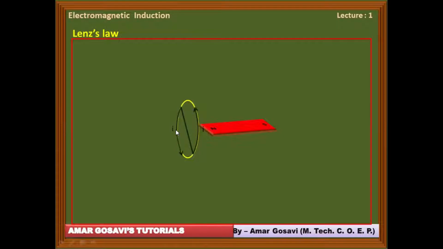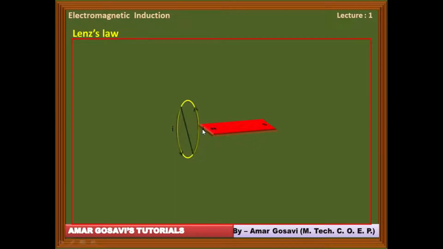The moment it becomes a current carrying coil, it has its own magnetic field. So that magnetic field and the magnetic field due to the bar magnet will interact. Now, what type of magnetic field is generated? You can see a magnetic field with north polarity. I'm trying to bring the north pole near it, and that is causing this current to flow. But this current is generating another magnetic field of the same polarity, which will oppose the motion of this